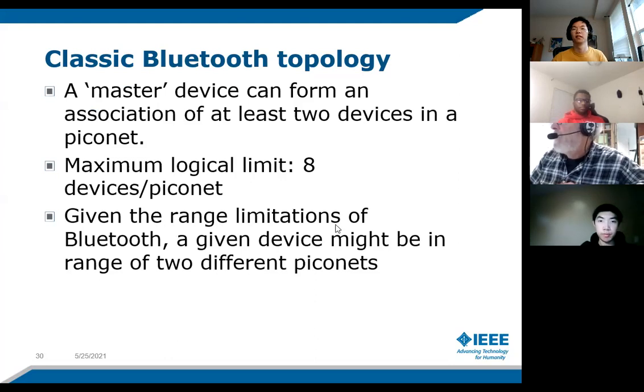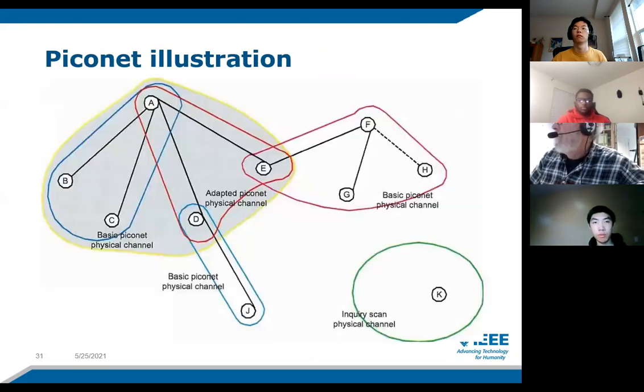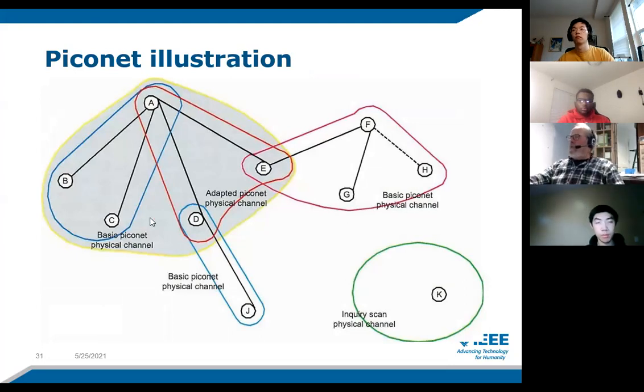Now, given the range limitations of Bluetooth, a given device might be in range of 2 different piconets. And I'll illustrate it here. Imagine you've got a piconet, and here's a device that's in range of this, and a device in range of this. They may choose to adjust their timing.